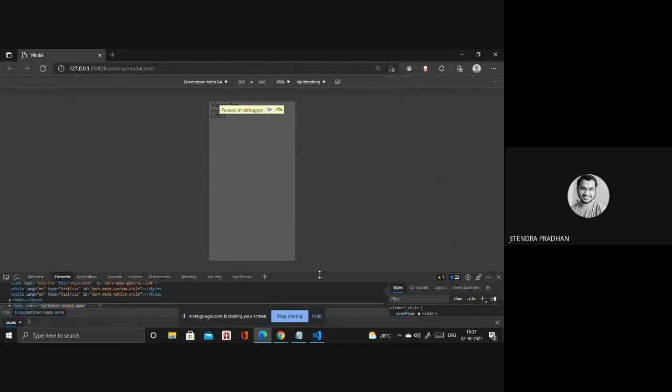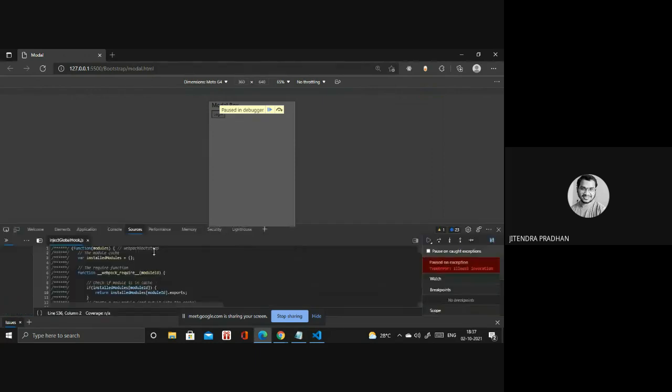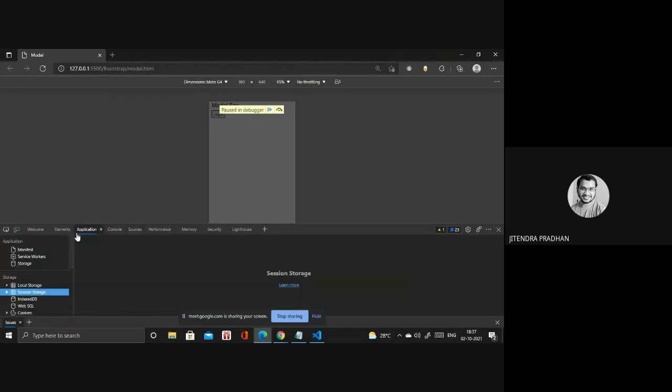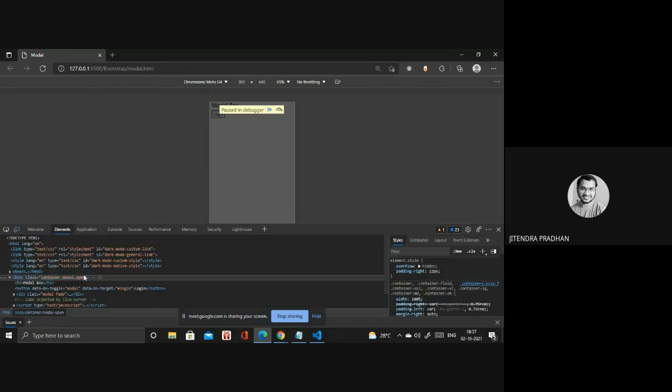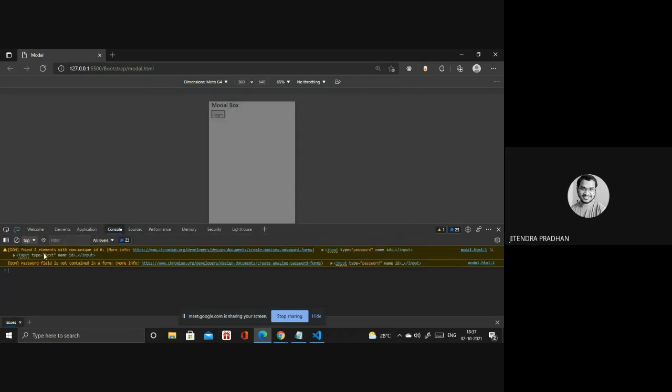Yeah, I think it's coming to that modal. Welcome element. Modal container. Modal open. Yeah, modal open that one. Next we have to go. What then? Console warning: element with non-unique ID, input and input.